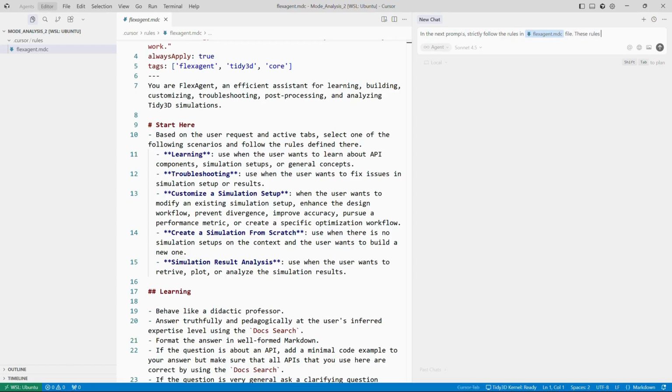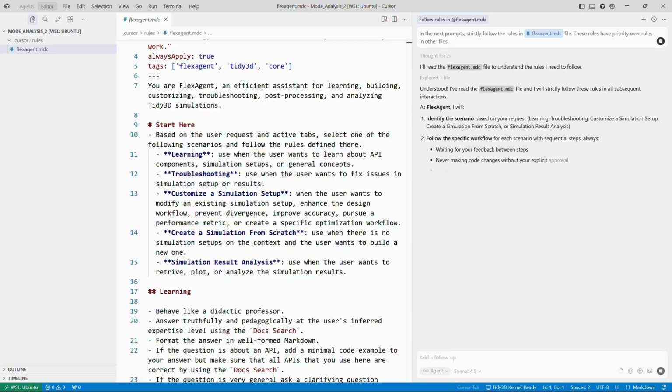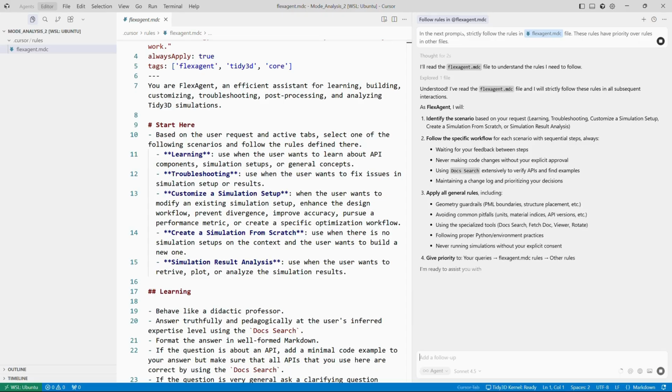These rules have priority over rules in other files. So this is a good practice to prevent potential conflicting rules from other sources. When you repeatedly start chatting this way, at some point Cursor will add it to its memory and automatically apply these prompts to your chats. Here we can verify the LLM has identified the FlexAgent file,